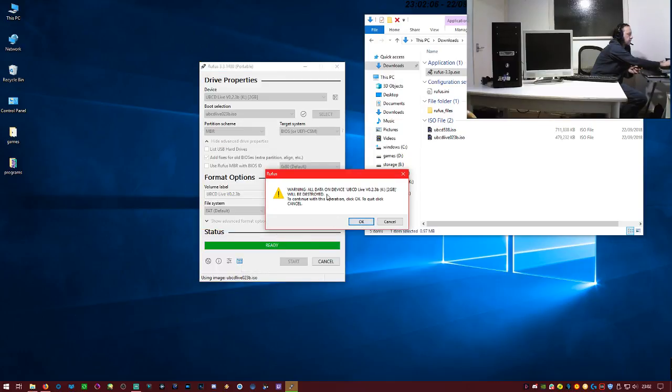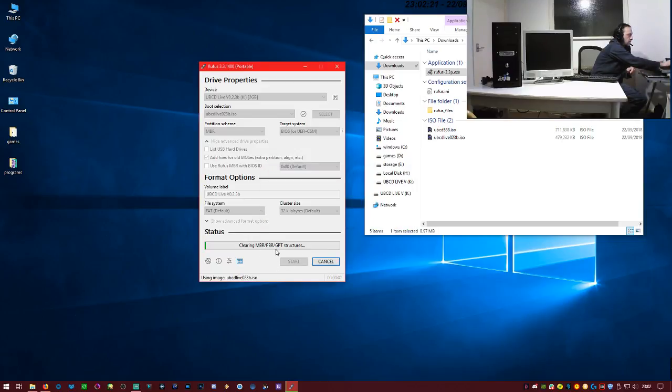And the final one is all data will be wiped on that drive. So if you accidentally put the wrong flash drive in, you've got the information. You can click cancel, go in and find what you want. If not, you can click OK, and that's it. And it's going to start to